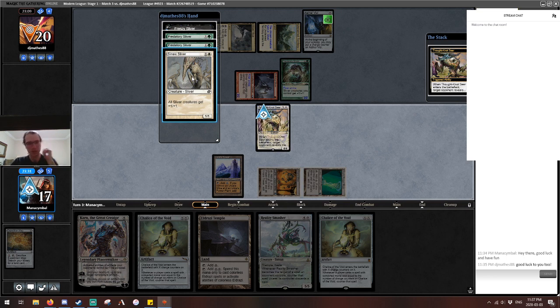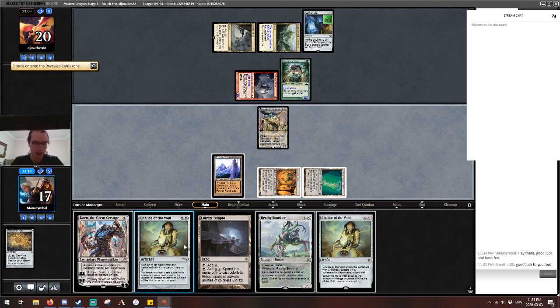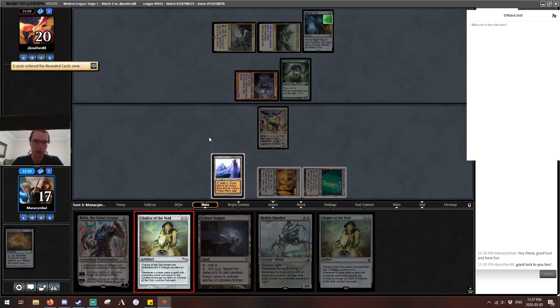So Predatory Sliver plus Sinew Sliver plus... Okay, so they're going to be too large for me to deal with. Huh. That's a problem. So if I'd been able to Chalice on 2, I would have slowed them down a bit here. So I take a Sinew Sliver, and then we're getting cracked next turn. We'll play Chalice on 1 though, because they are incentivized to put